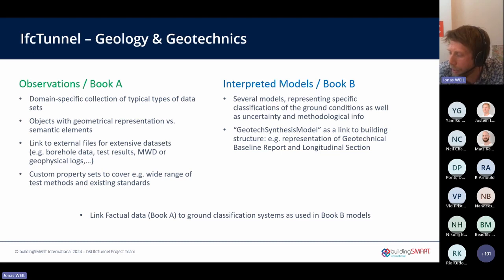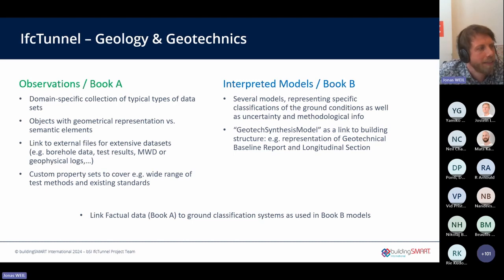We also had to exclude some things, or to, as I said, we put a focus on certain things, and we had to bring it on a certain level of detail that is adequate to not overload the IFC schema and to not interfere too much with these existing standards. Then we needed to decide which elements or which information should be linked to an object, what are actually the objects that we model, and what are other elements like semantic elements that do not necessarily need a geometry.